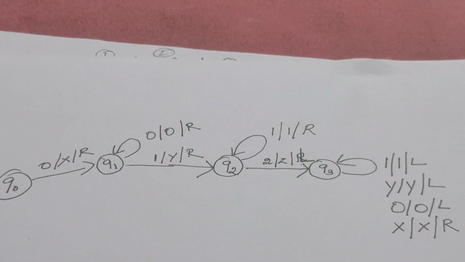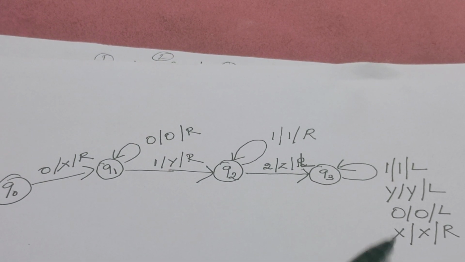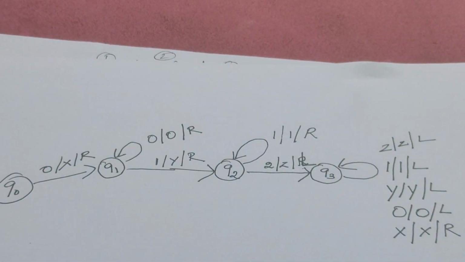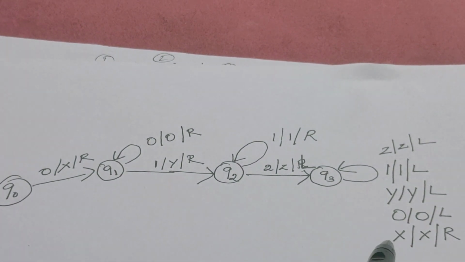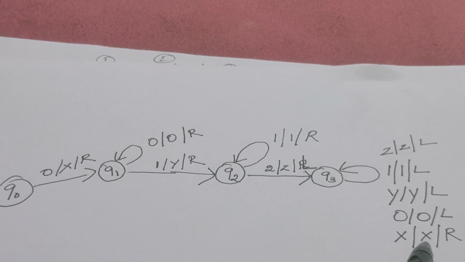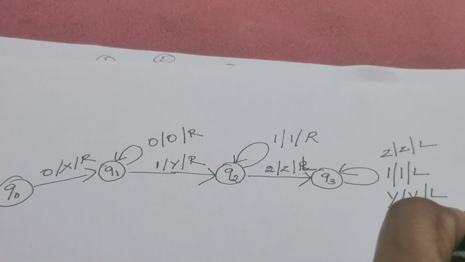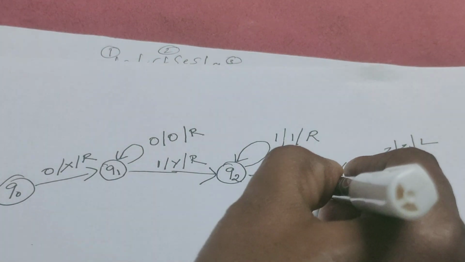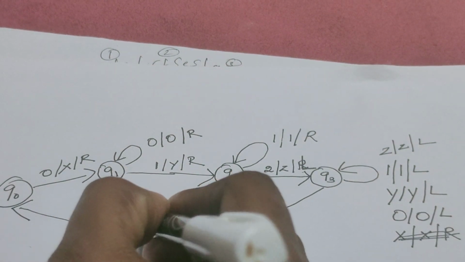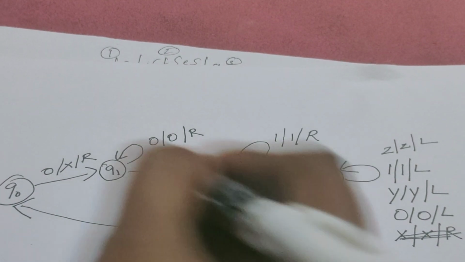Whether we have written all the symbols? Yeah, Z we have not written, but 1, Y, 0, then we have written X. So let us include Z also. Z, if it comes across, it keeps moving in the left hand side direction. Now, I said that as soon as it reads X, that X must be replaced by X itself. But further the read write head is going to move in the right hand side direction. From Q3 to Q0, the state is changed when it reads X, that X must be maintained as X itself. Now the read write head is going to move in the right.